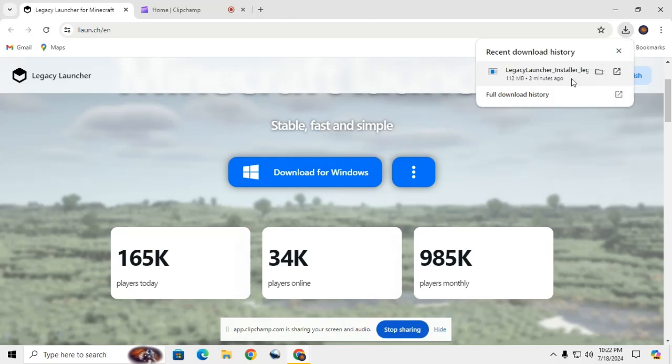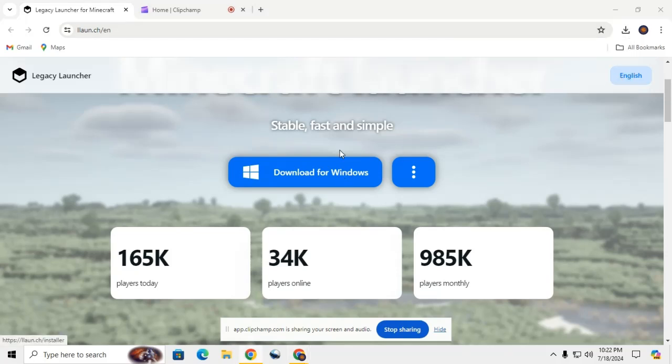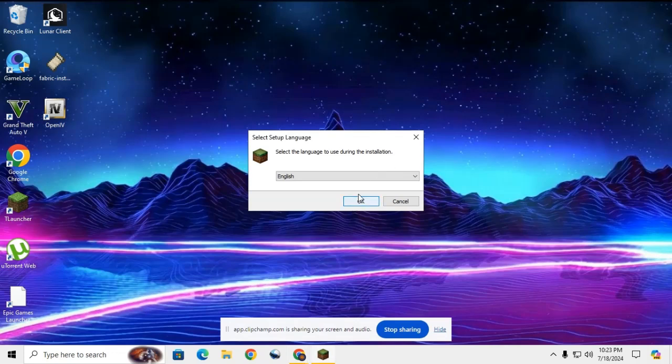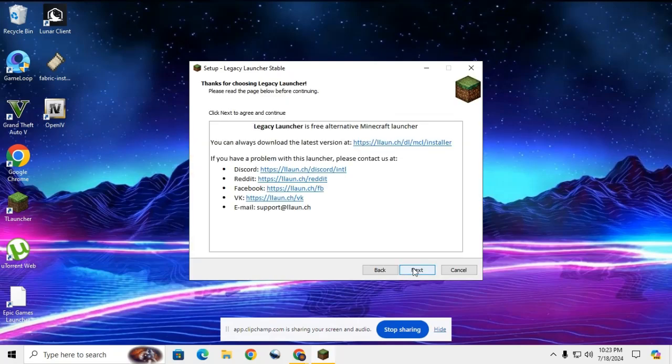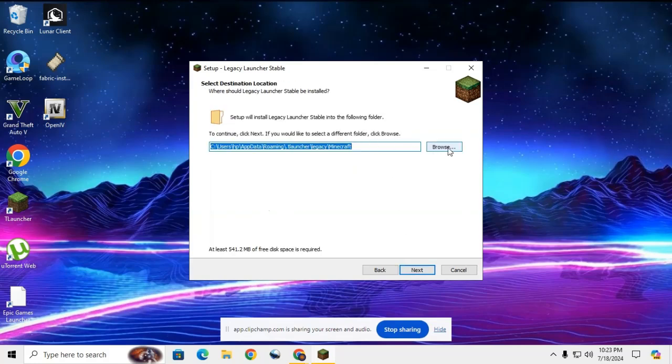So guys, after this file is downloaded, you're just gonna click open and just wait for it to open, because this is a big launcher and it takes time. So this is the setup. You're gonna obviously select English, or this is, I think, Polish, I don't know. The most suitable language is English, so we're gonna select that, and next, and again next.